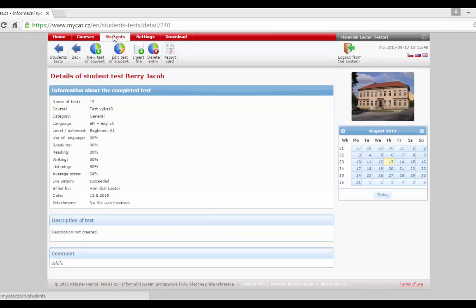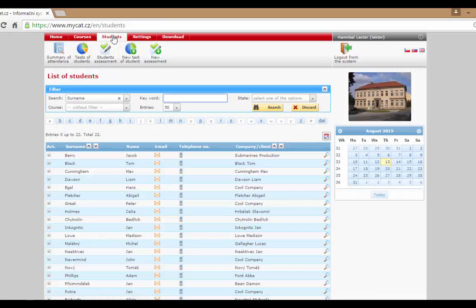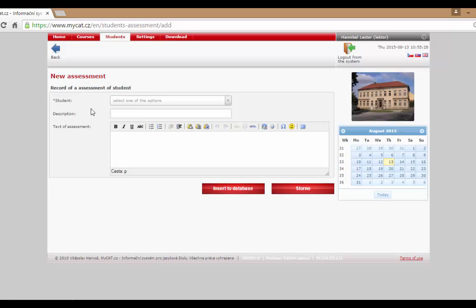Now we need to go back on Students bookmark. So click on the Students bookmark and we're back. And now we will learn how to make new assessment. So click on New Assessment button. Now select a student,